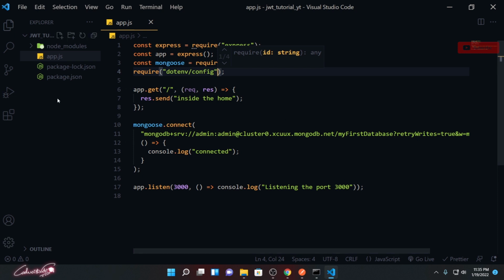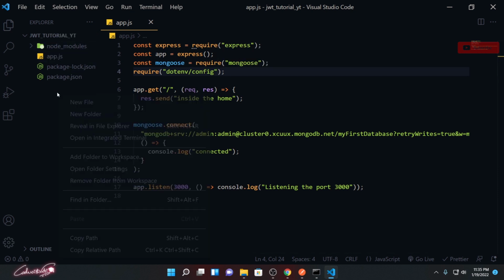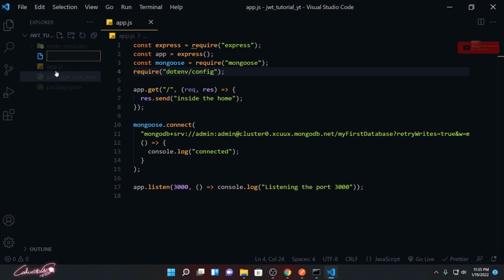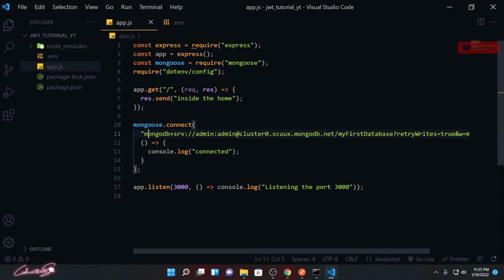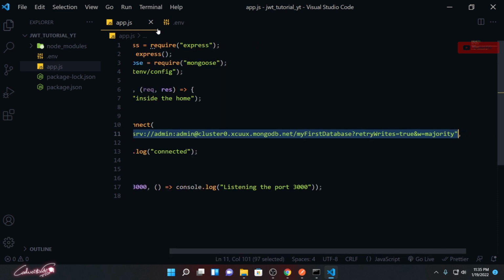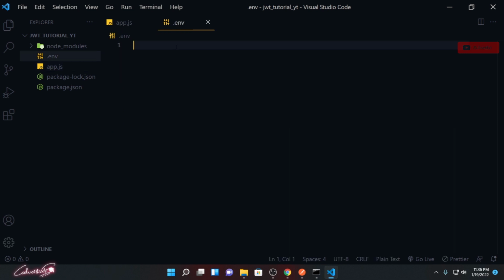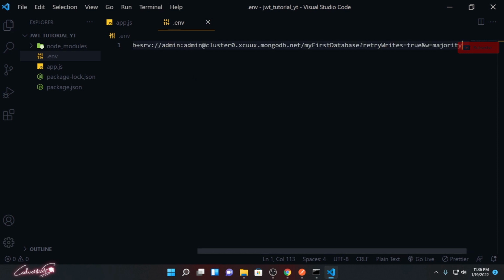To do that, I'm going to create a new file in the root directory called .env, and I'm going to copy this connection string completely, create a DB_CONNECTION variable over here and paste it.